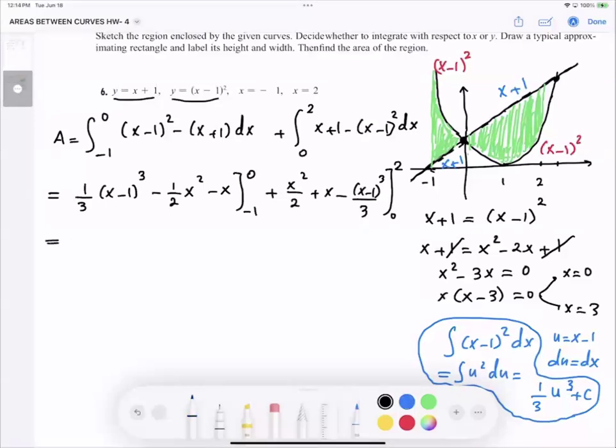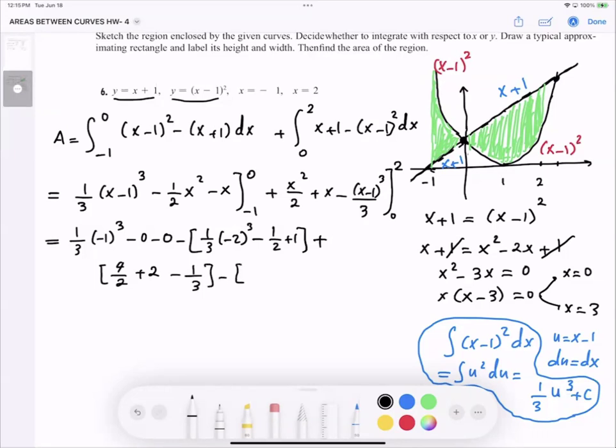So this is equal to, if I plug in 0, I get a third, (-1) to the power 3. This is 0, this is 0, minus, and if I plug in -1, I get a third, (-2) to the power 3, minus a half, plus 1, plus. Now let us plug in 2. Let's use brackets as well. 4/2 plus 2 minus a third